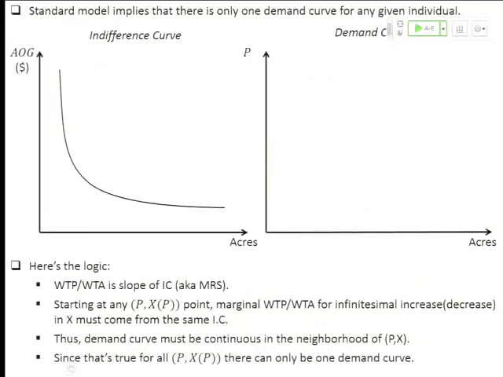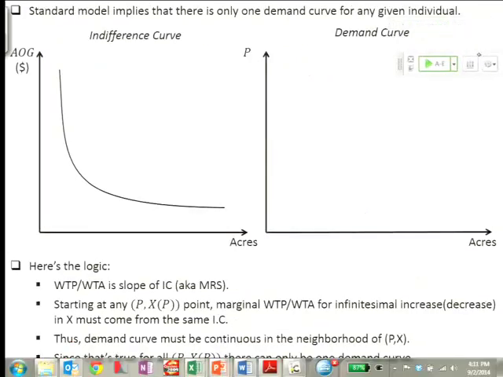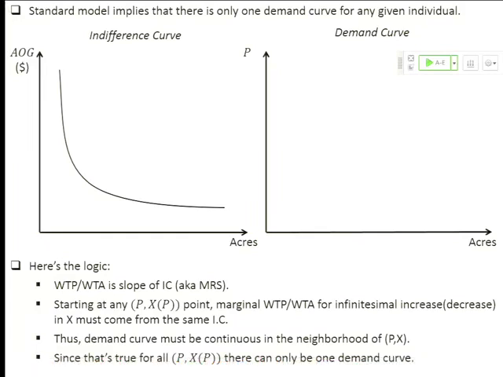Okay? Now, let's talk about the standard model. And this should all be reviewed. The standard model tells us where this demand curve comes from, right? So what I have here, besides my taskbar, is a classic progression of graphs that I'm sure you've all seen probably too many times for your own comfort, from the indifference curve to the demand curve, right?